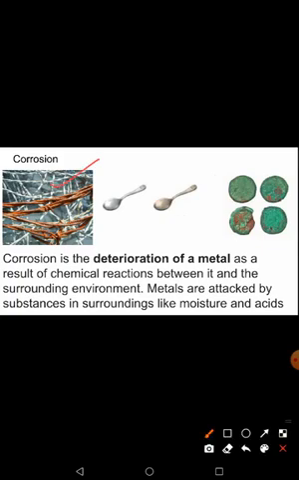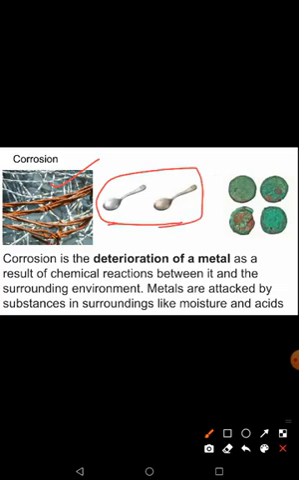Silver articles also undergo corrosion. See, silver articles turn black in color on exposure to the atmosphere. Copper articles form a green layer over them on exposure to the environment because of the reaction with moisture and other acids. You must have seen in the jewelry shop, silver articles are always kept inside